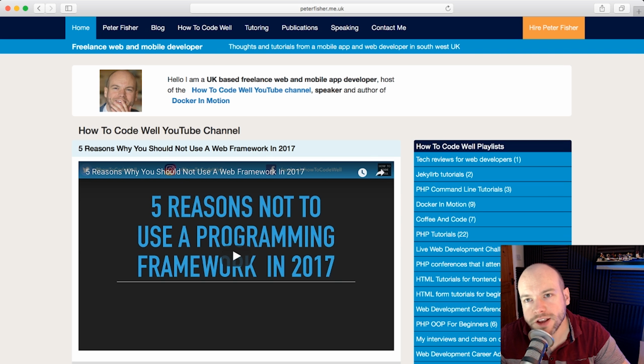But going back to the 5 reasons not to use a programming framework, one of the points there was tight integration, and I didn't want to be in a position where it was so tightly coupled to Jekyll that if I decided to move from Jekyll, then it would be painful. And so you started to put some fixes around the templating engine. You started to use the templating engine in a way that only Jekyll would understand.